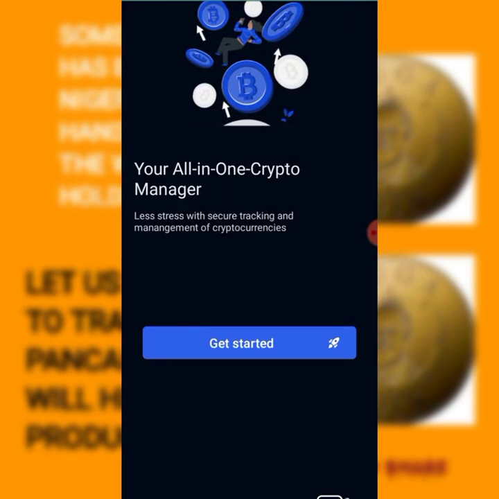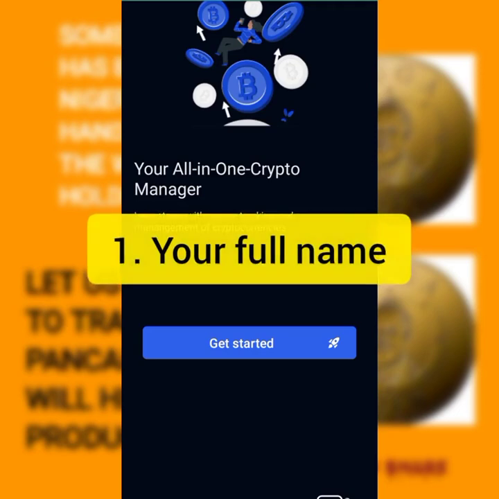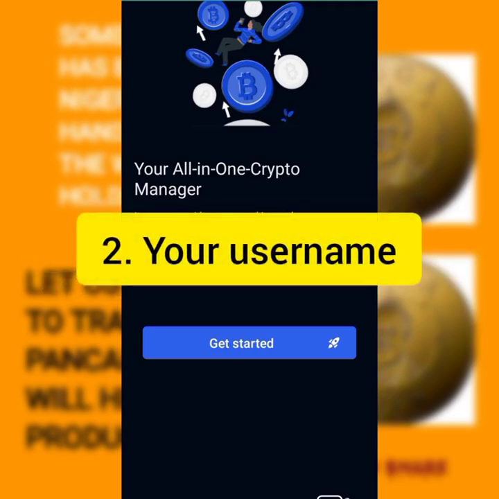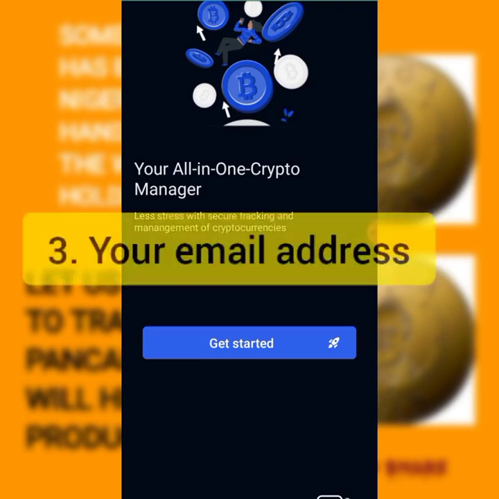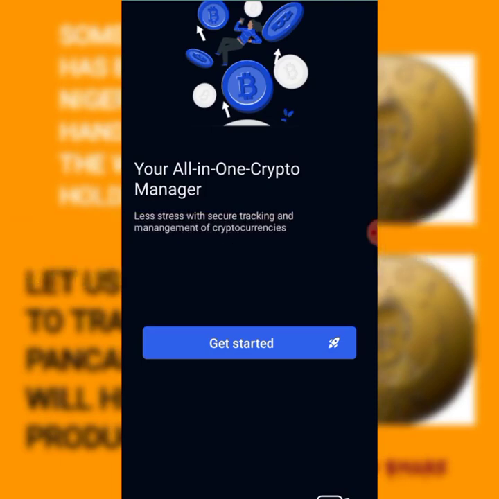Now the second step is registration. The key point you have to note for you to get successfully registered is that you have to know your username on the old application. You have to know your email. Sometimes you can also use the same password if you used a strong password there before. But if you didn't, you have to know that you're going to use